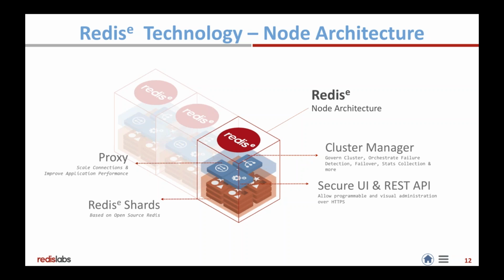This is where the execution of the actual data path happens. On the blue layer, we also expose a secure UI and a REST API that allow you to orchestrate and manage the cluster, and a cluster manager which is responsible for governing the cluster. So its responsibility is to orchestrate failures, detect them, execute a failover, which is an intricate ballet of making sure